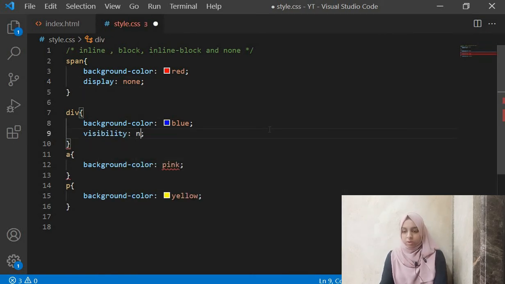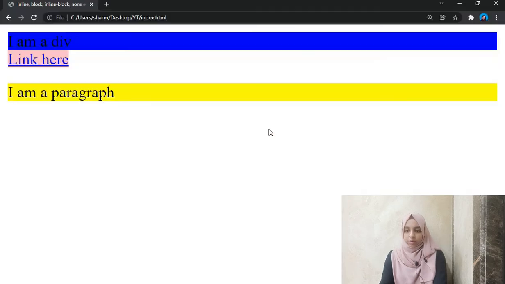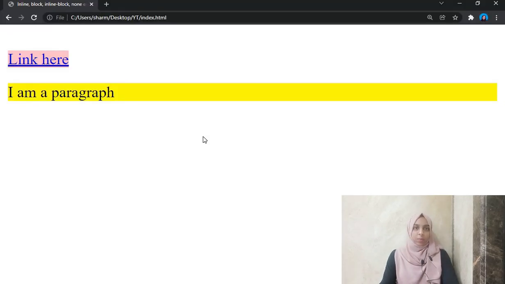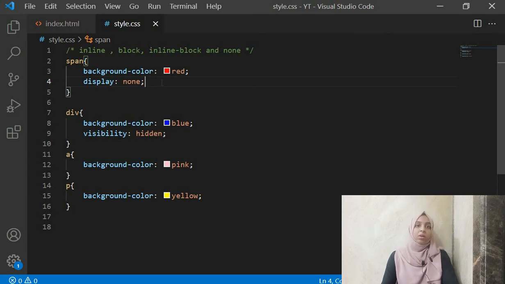Now if you give it a visibility of none, visibility is not none, visibility is hidden. Okay, so can you see the difference? Now there are times when people get confused between the display none and visibility hidden properties in CSS. It does the same work, right? But what display none will do is it will remove your element out of your document. Your element won't exist in your document if you give it a display of none. But what visibility hidden will do is it will hide the element from the page, but its space will still be there on the page.